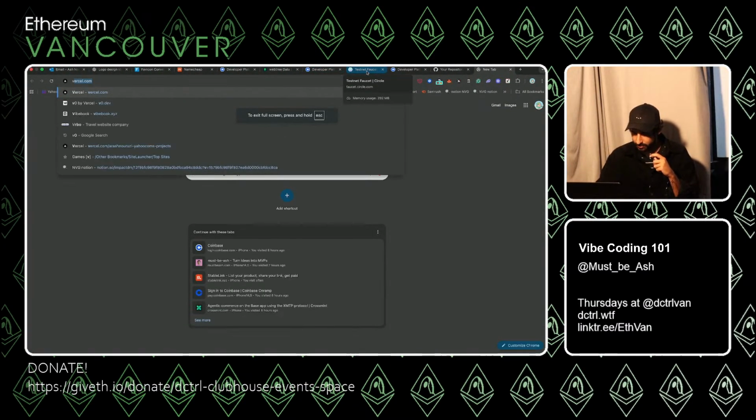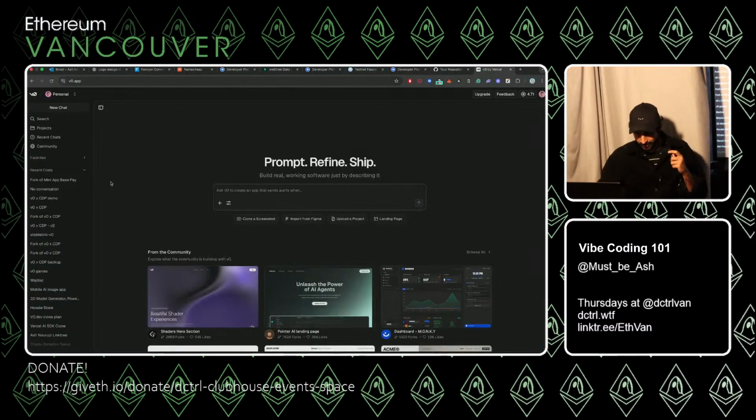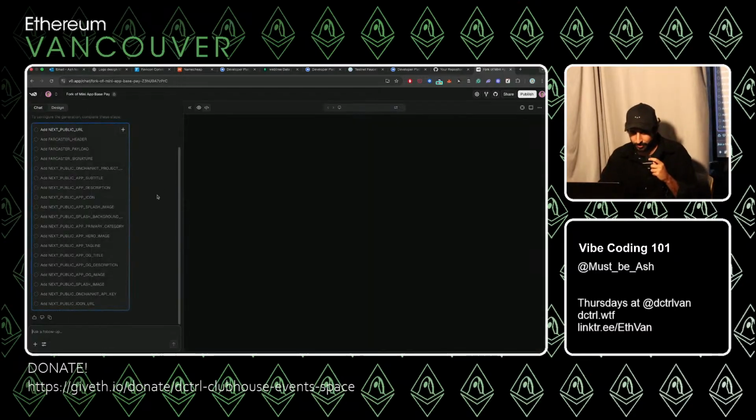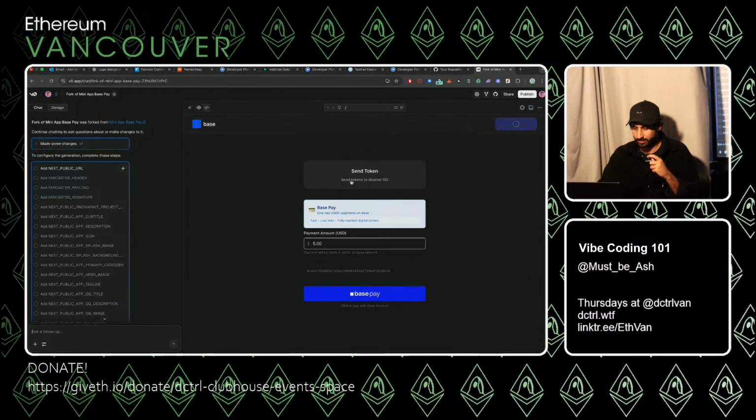Let me go to V0. It's like a chatbot, just like ChatGPT or any other AI chatbot, like Anthropic Claude. So you get an interface like this where you just type what you want to create on the left side, and it would bring it to life on the right side. And they also normally have this publish button on the top that lets you deploy to the web, share the application live with everyone. So it's like the lowest barrier of entry where you could prompt your way into production, but that also creates a limitation of how advanced you can get.